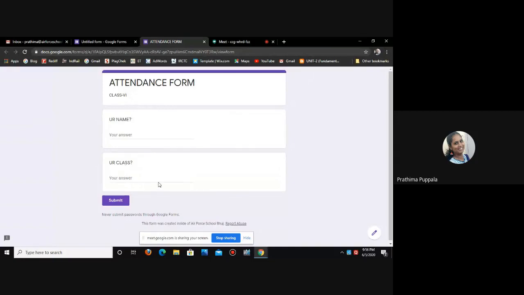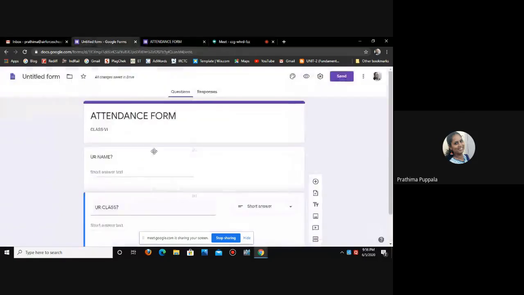This is the preview. If it looks good, then you just go back to where you made your form. Uppermost corner, we can see different icons like customize theme, preview, settings.